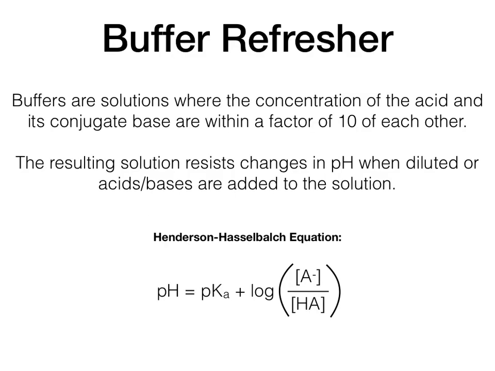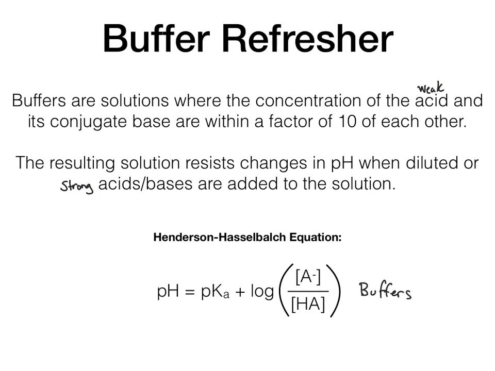So just to remind you, buffers are solutions where the concentration of the weak acid and its conjugate base are within a factor of 10 of each other. The resulting solution, the buffer solution, resists changes in pH when diluted or when strong acids or bases are added to the solution. And we can find the pH of buffers